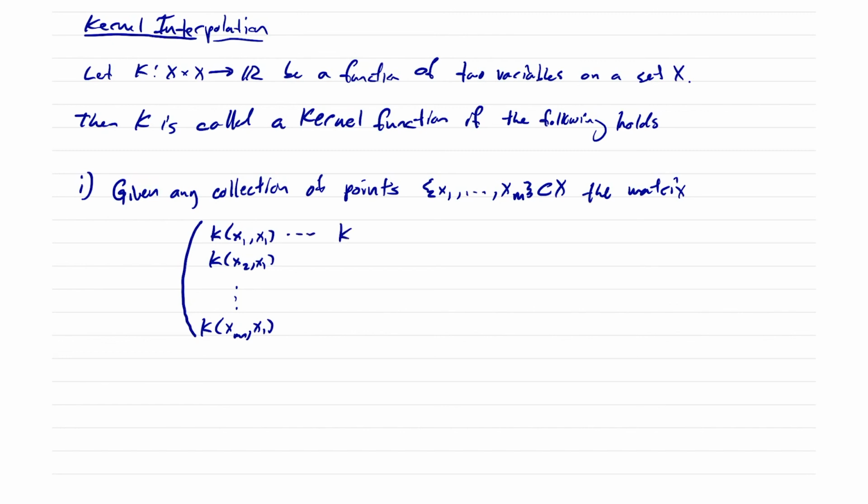And up here we'll do the same on the other variables. So we're going to keep one fixed here and go to m here. And down here we'll go down to k(xm, xm). So this matrix